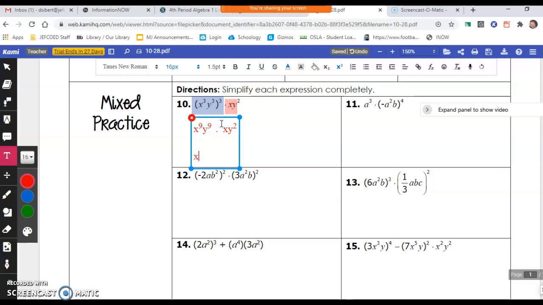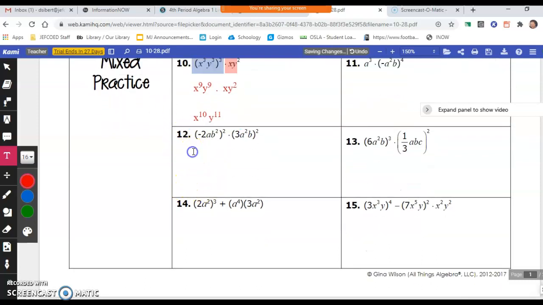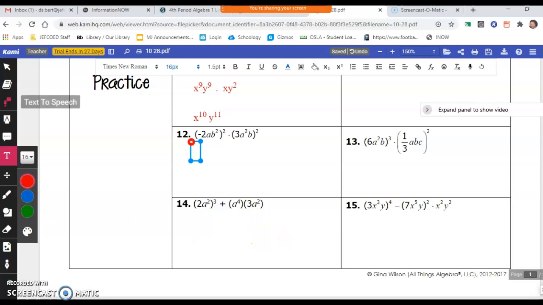we will have x will be raised to the power of what? X will be raised, oh my goodness, I did this again, didn't I? There we go. X will be raised to the power of 10. And y will be raised to the power of 11. We good there? All right, let's look at 12. All right, so with 12,